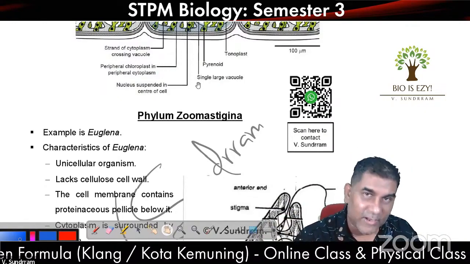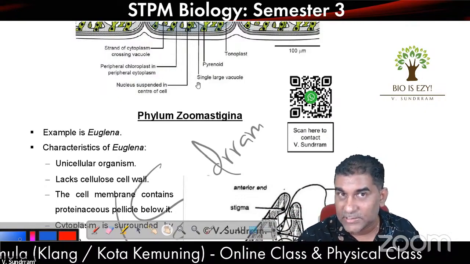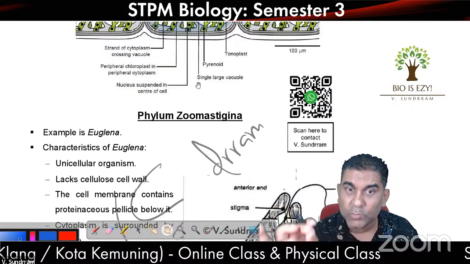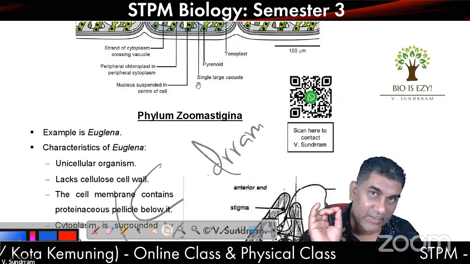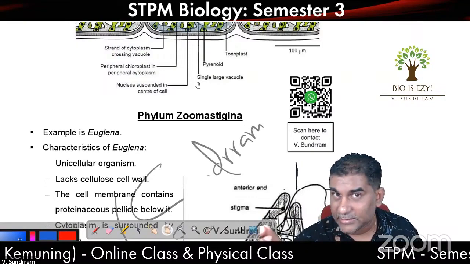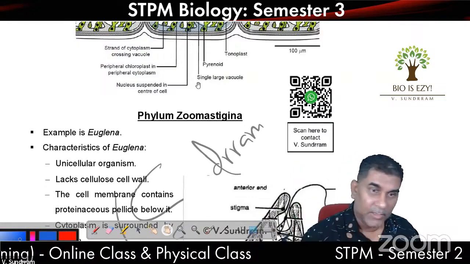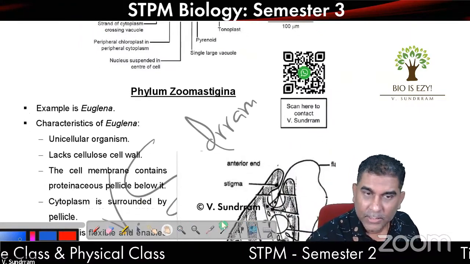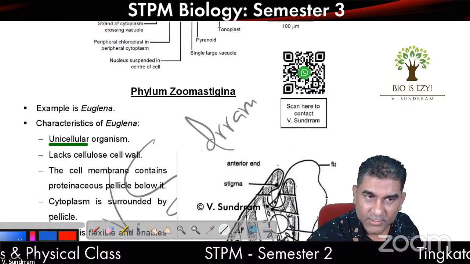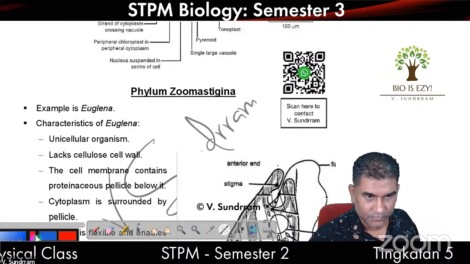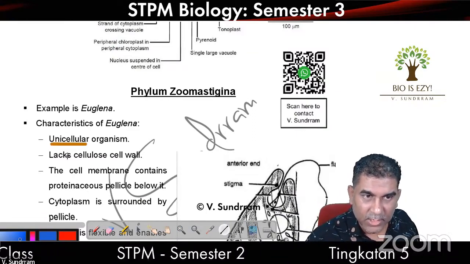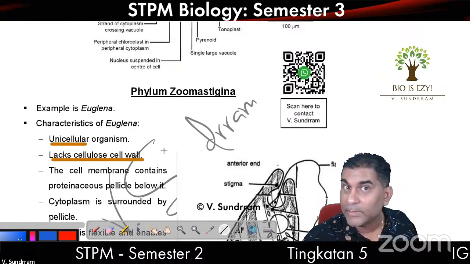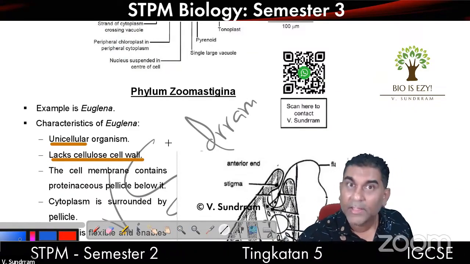The name of the phylum you need to know. You saw in the syllabus, the name was there. Zoomastigina, the word zoo means animal. Animal characteristic, but no tissue. Example is Euglena, unicellular, no cellulose cell wall because of animal characteristic. But